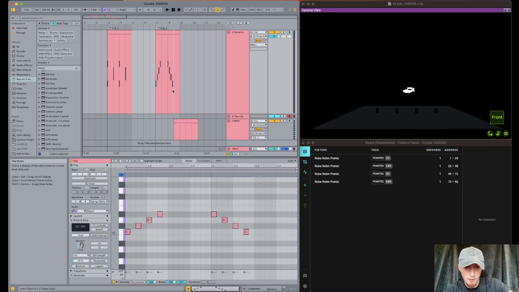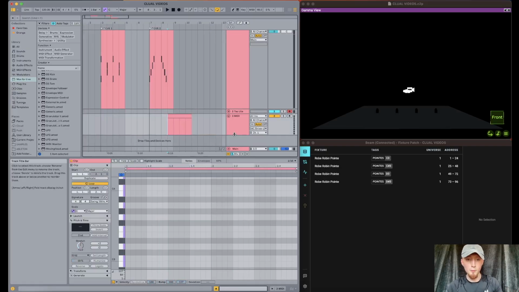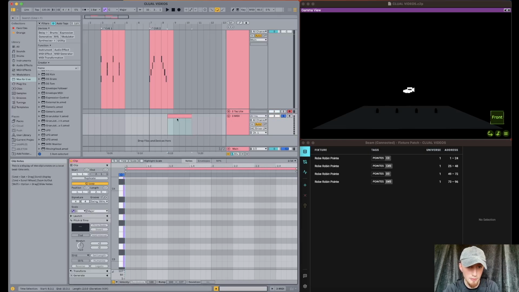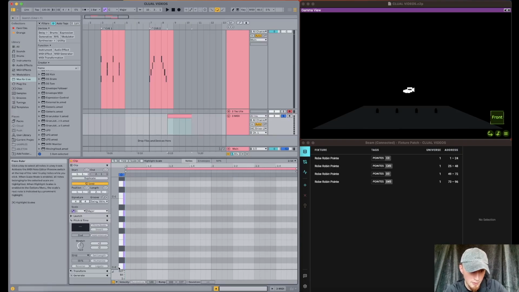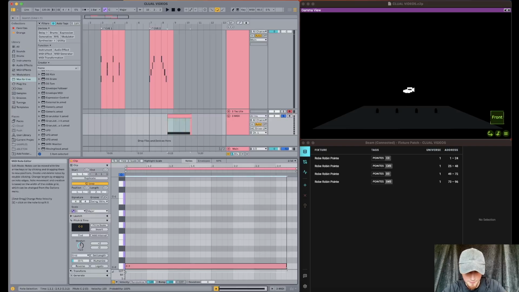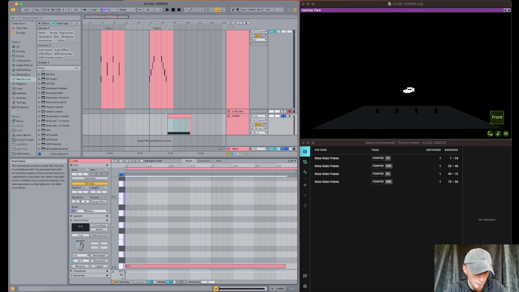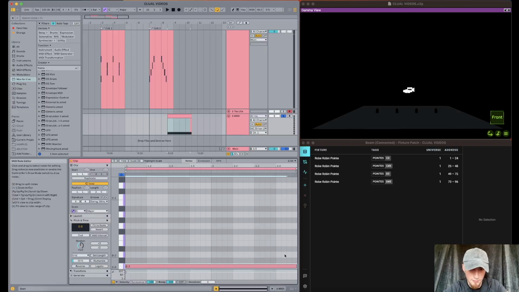So to do that, we're going to solo the IAC driver. We're going to open the MIDI clip by double clicking on it. We're going to choose a MIDI note. So usually I'll just go right to the bottom, so C-2, so it's nice and out the way. Drag it right to the end. You can click on the note and press legato, that'll do it right to the end. And then